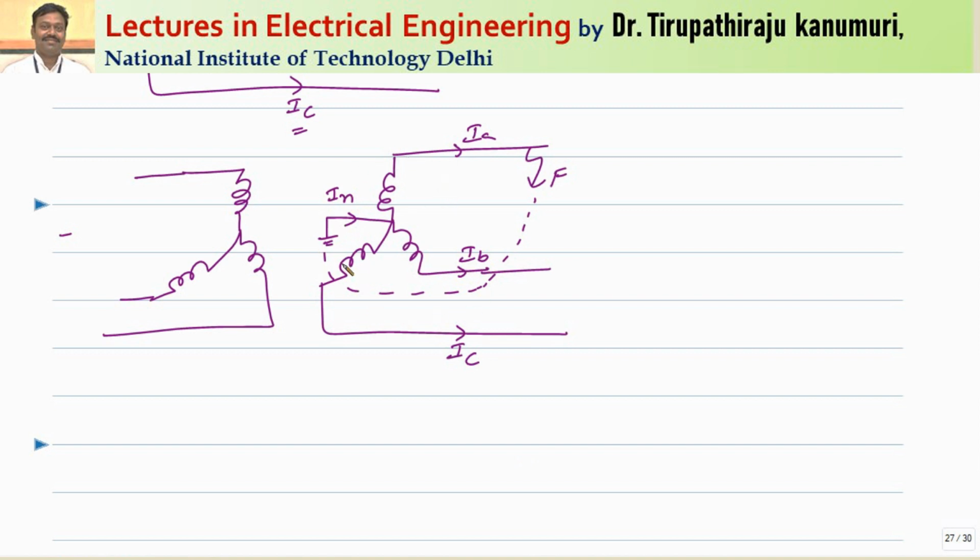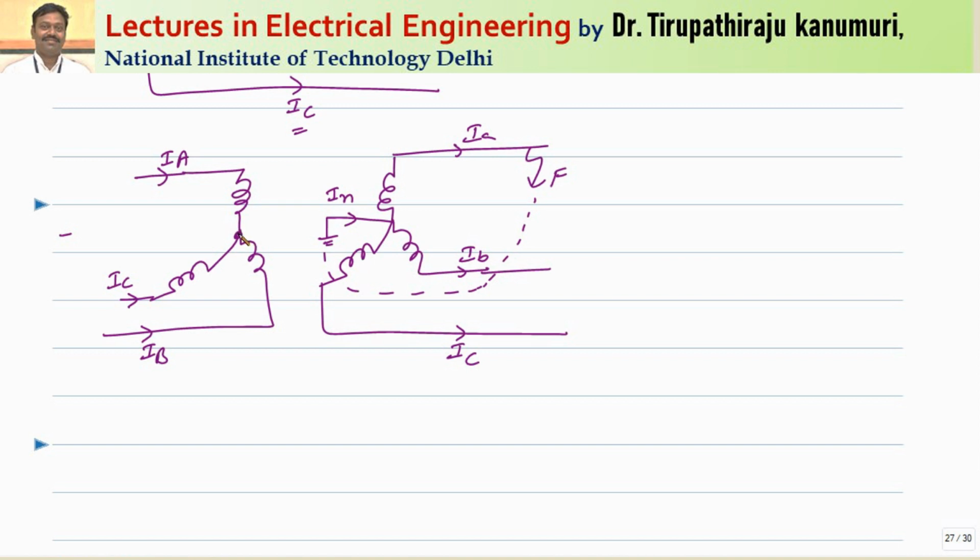IN can pass. But whenever this IN is passing, if you take the primary side, which I am representing by capital letters, let us assume this is IA, IB and IC. At this junction, IA plus IB plus IC is equal to 0, so there is no return path for the passage of current here. That means even though the zero sequence component can pass in the secondary, it cannot pass in the primary, because there is no ground return path. Zero sequence component can pass only if a return path is provided. If you apply KCL here, you can observe IA plus IB plus IC is equal to 0. Here zero sequence cannot pass.